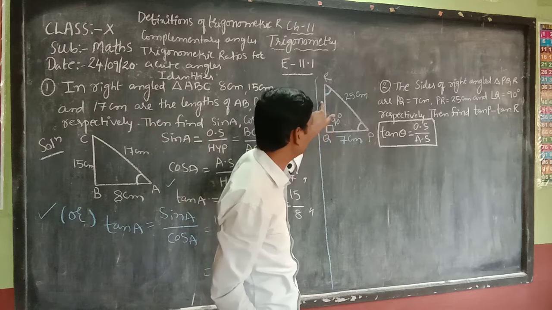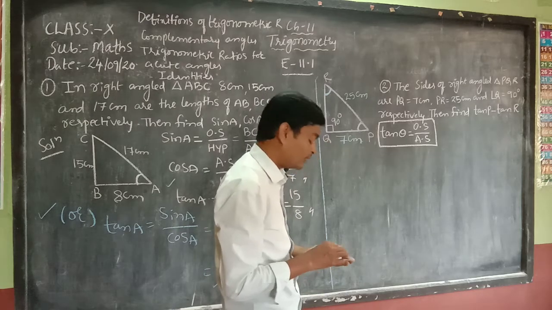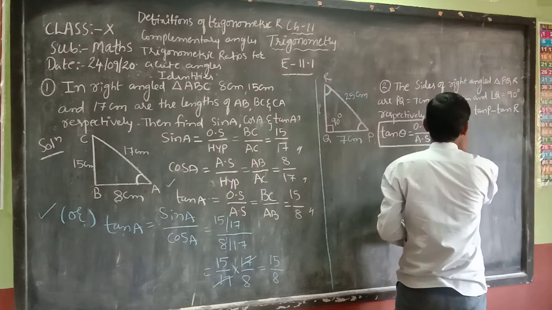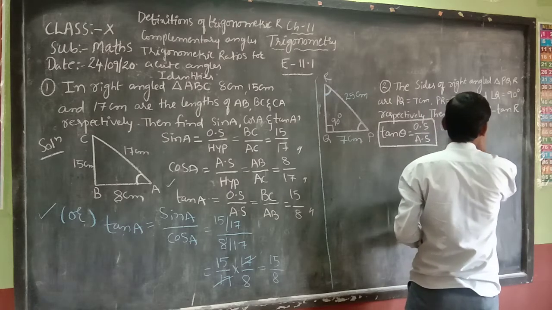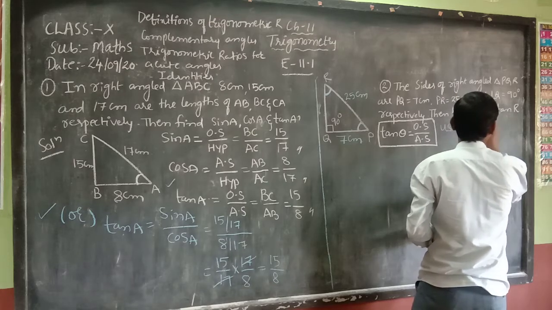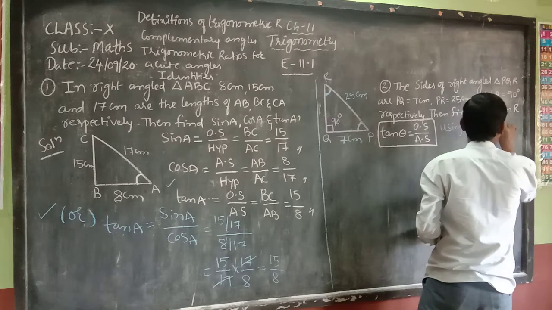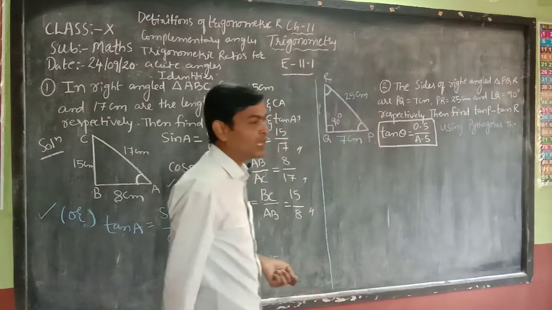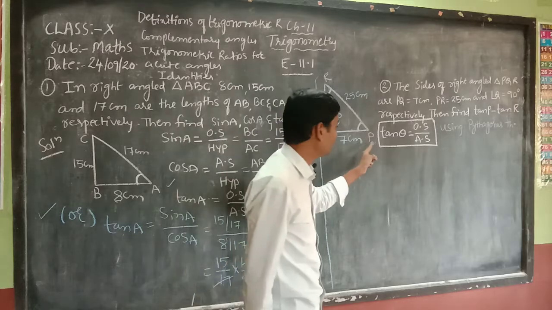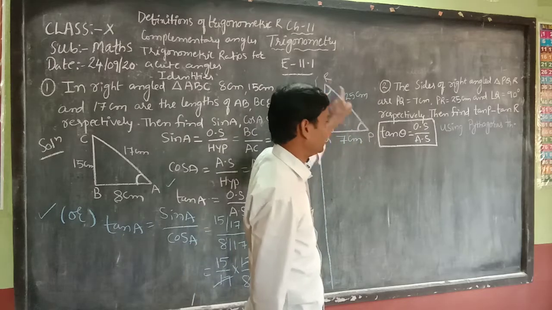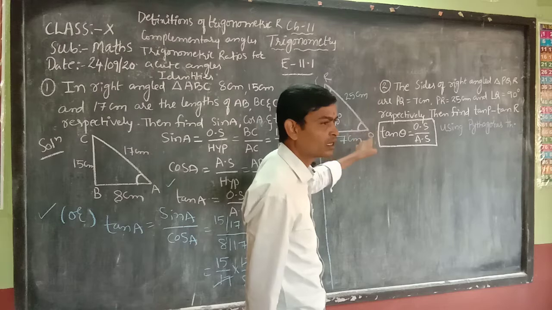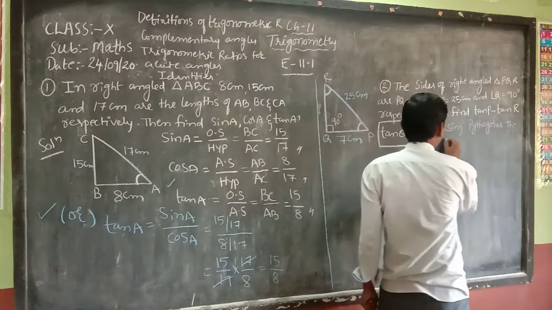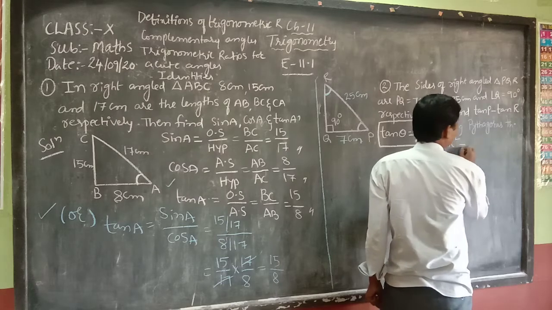For finding the value of QR, what will we do? We have to use which theorem? Pythagoras theorem. According to the Pythagoras theorem, what do we know? Hypotenuse square. What is the hypotenuse here? PR. Hypotenuse square, PR square, is equal to